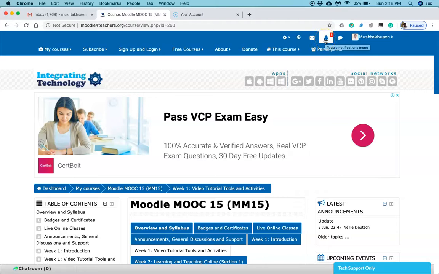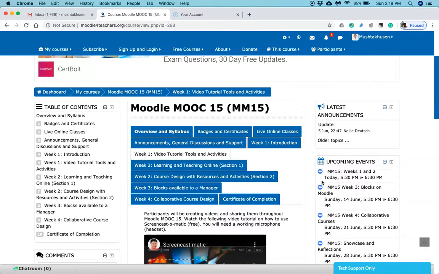This is the toggle notification menu where you can just click. Right now I haven't read 8 notifications, so once you click on this, I'll be able to see those notifications and respond to them. Then this is to chat with your participants, and this is the profile. So this is what you can see on the layout of Moodle MOOC 15.